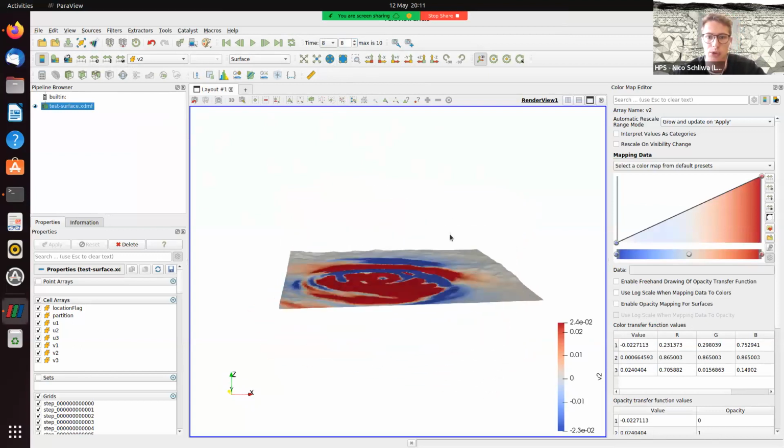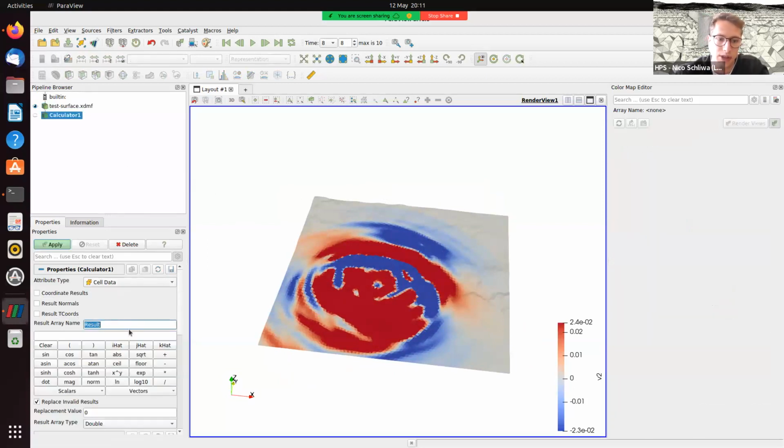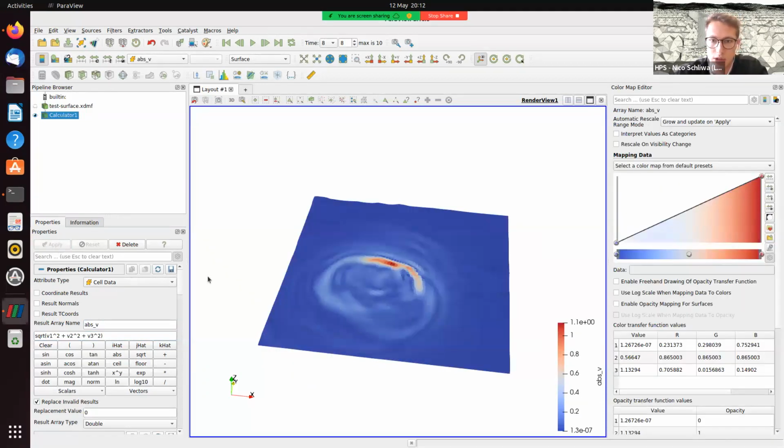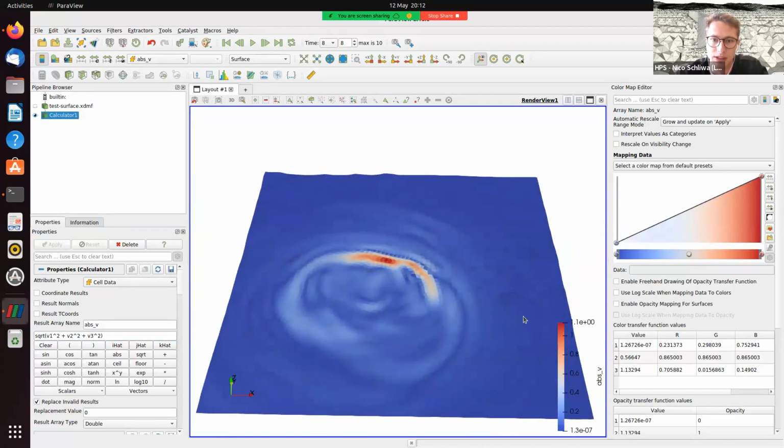And in ParaView, you can also calculate other quantities from your input parameters. You do this with this calculator here. You can, for example, calculate an absolute velocity. Then just square root of v1 squared plus v2 squared plus v3 squared. And now you have the absolute velocity of your wave field, but now the color map is not really